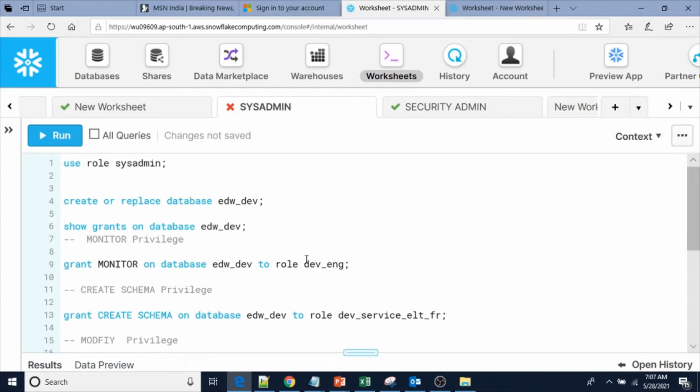Let's get into the demo, or say we'll see the same in action. To start the demo, I'm going to use the sysadmin role and the security admin role, and I'm going to create another user defined role to show you all these things related to